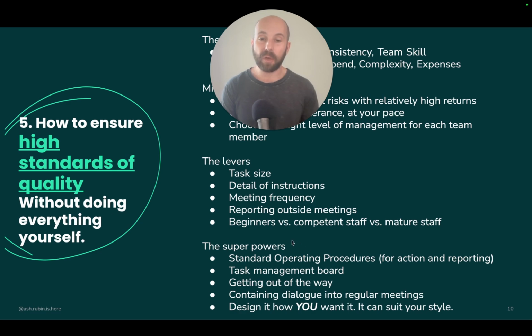Now, I am going to speak to a few other pieces. I'm not going to go into detail about this because the lecture could last forever if I did that. I'm going to talk about what I find are the most powerful tools for getting even more out of your staff, even more quality and consistency, whilst doing even less active management. The first is standard operating procedures. They are step-by-step sequences for doing repeatable things.